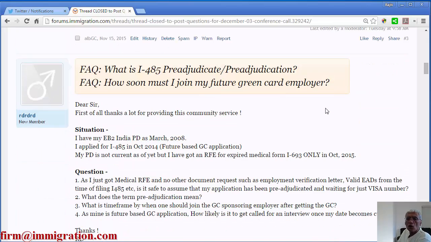Very interesting question. What is I-485 pre-adjudication? Okay, so you are at the last step of the green card process. Your priority dates became current. You filed the 485. Then the priority dates slipped back 2 years. At this time, USCIS has two choices. They can either put your file in their filing cabinet and forget about the case until the priority dates become current again, or they can sit down and say, look, we have time. Let's go over the case,